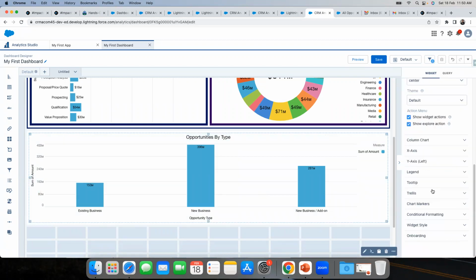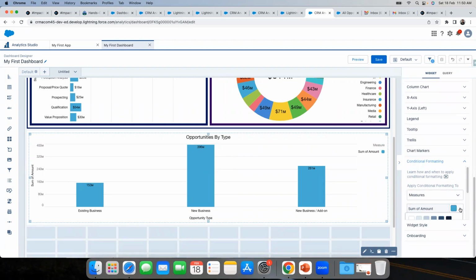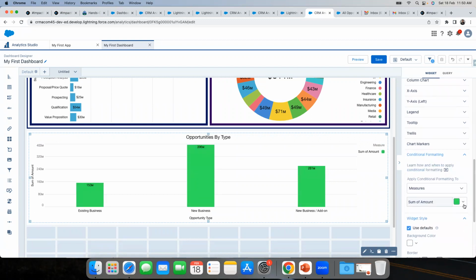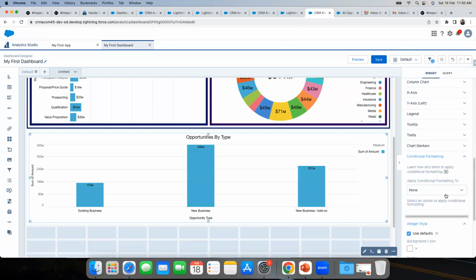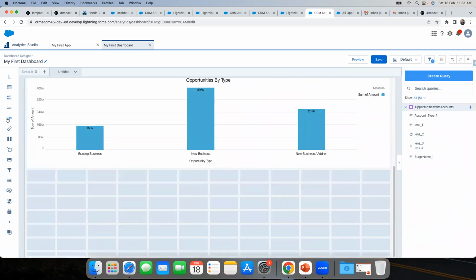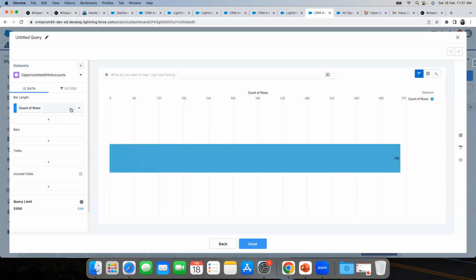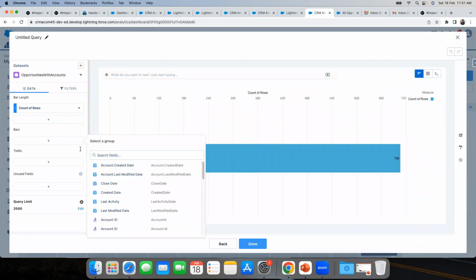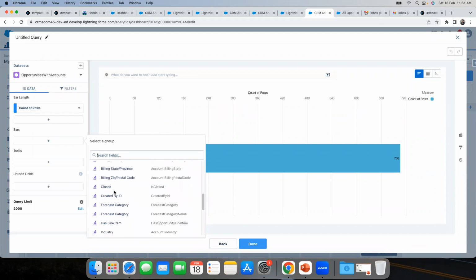Okay, now let's see if conditional formatting could work on this. I would say measures, sum of amount. So I can change the color. I can even create some bins over here. So it depends how you want to give the conditional formatting. Even if you had lesser numbers, because it's in millions, let's say if I take out the number widget and put count only, and then bars as, let's say, categorize it by,